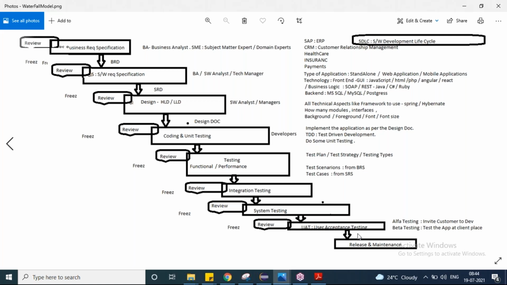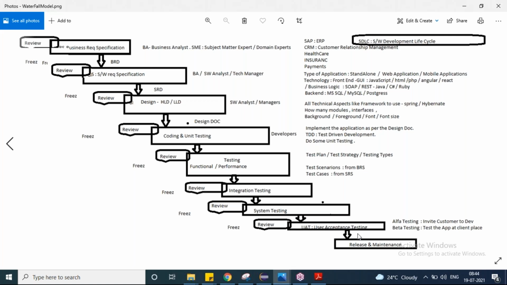If they're going for automation testing, they may want to use some tool called QTP, or some tool called Selenium and Java. So what software tools are required for that also has to be mentioned in the test plan. Once the development team is done with their coding and pushes the code for testing, the testing team will prepare the test plan. In the test plan, each and everything is a promise that you give before you start testing. You have to write everything you are going to do, and you have to do exactly the same. So that test plan will be prepared, and at a high level I'll tell you what will be there in the test plan.